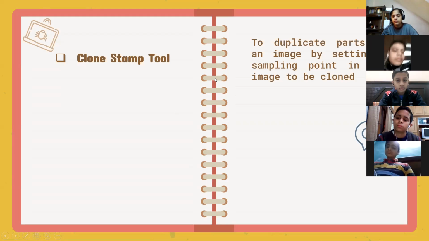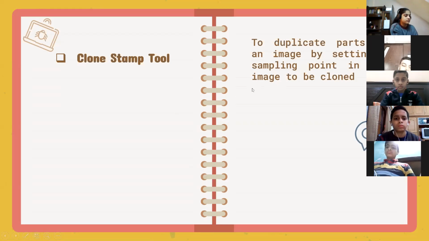And you can also use the clone stamp tool to remove some imperfect areas or remove some parts of the image. How? By cloning the point. We select the correct part or the correct portion of the image, and that we can clone on the imperfect area also. Like we had done an example where we had removed a boat.